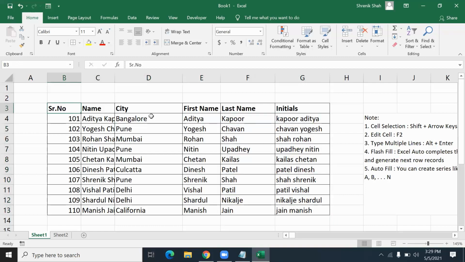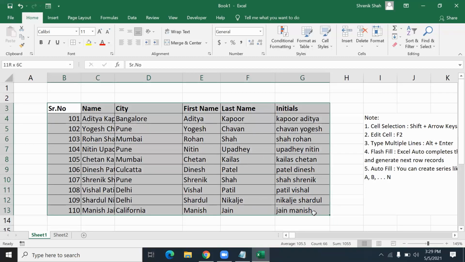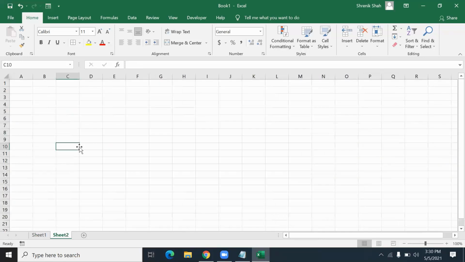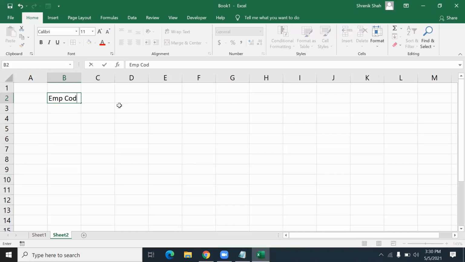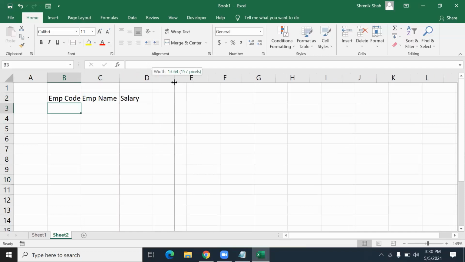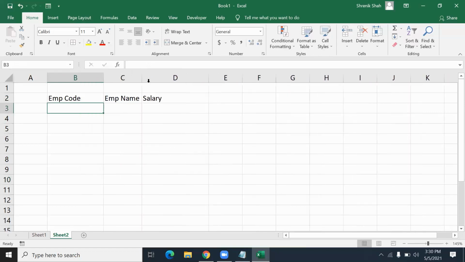Now this table I format using some tools in Excel. Like this, in sheet number 2, I create one more table. This table is small. I just type employee code, employee name, and salary. Now here I show you how to use some Excel formatting tools.